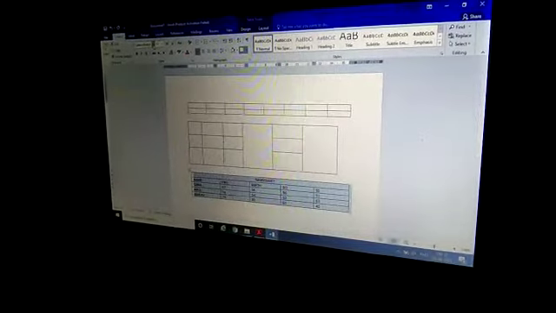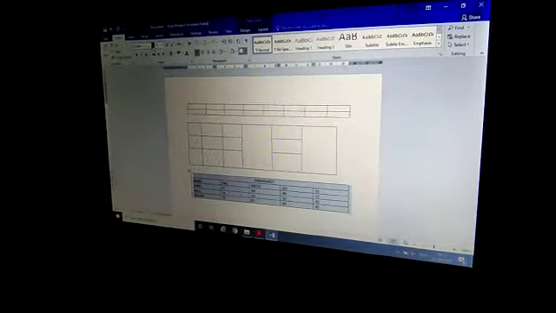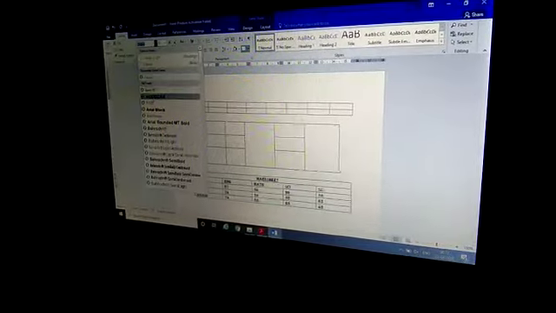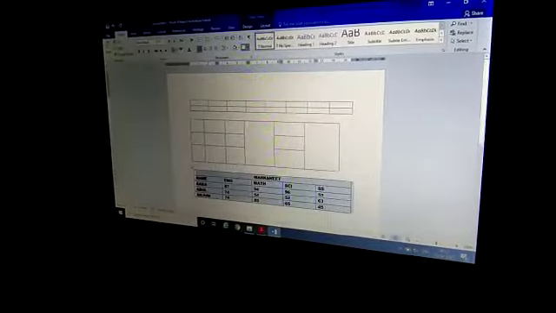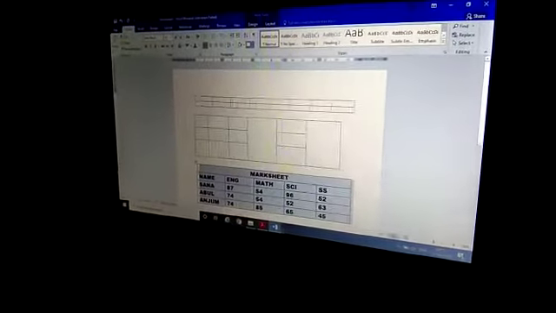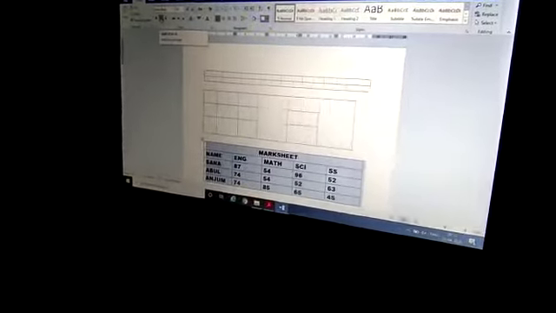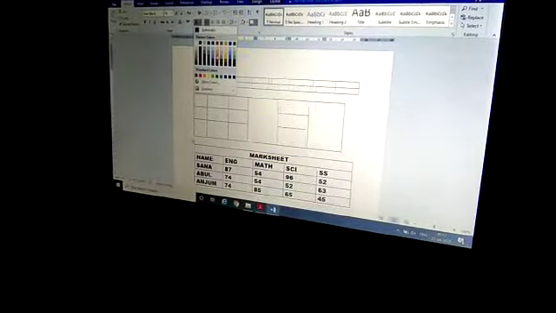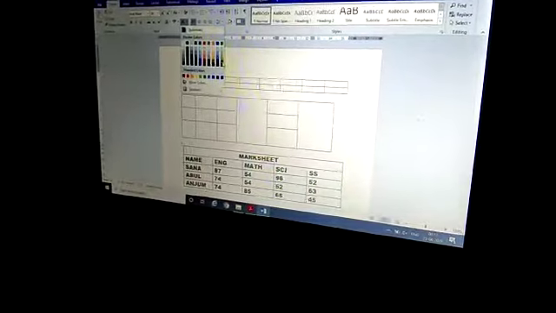Now you can change the font style, increase the font size, and give a color to your text also.